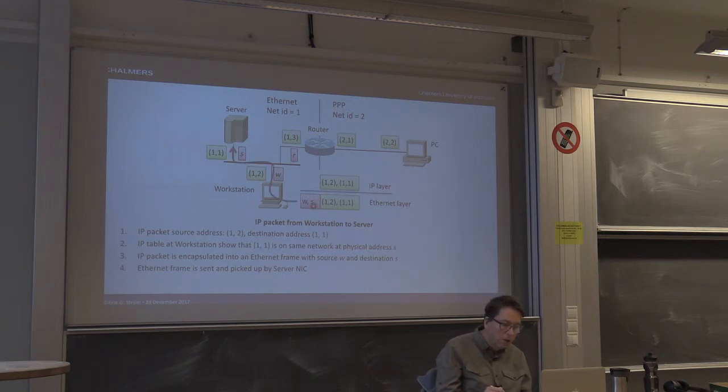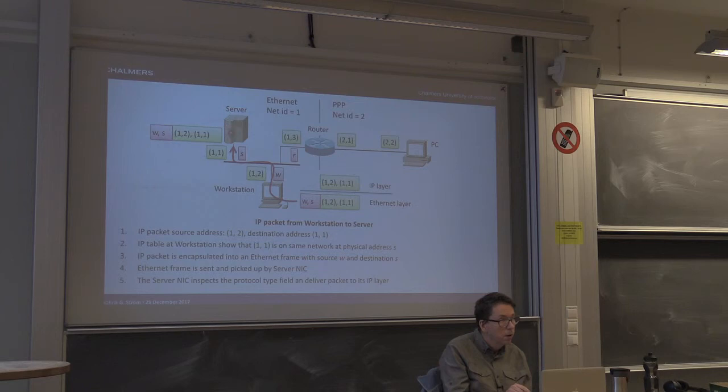Well, actually, what it does, it puts it out on the LAN here, and every node which is connected to the LAN picks up this packet, but it's thrown away if it's not to you. So only the server accepts this packet because it looks at the destination address and realizes, okay, it's to me. So the server network interface card inspects